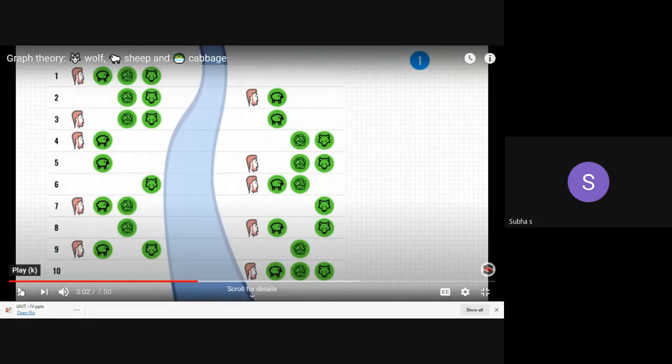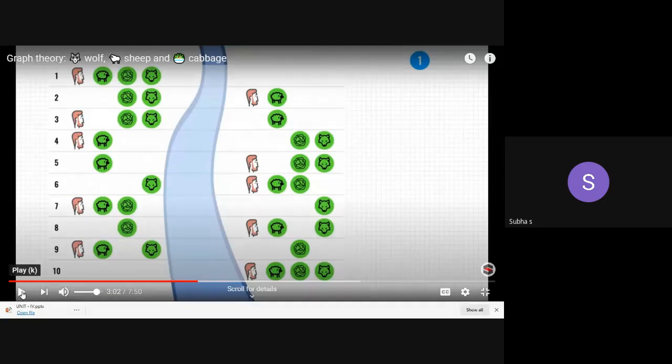So with this I have stopped. Yes, you are able to have different states. These are all the different states. First, all the 3 things are on the same side of the river, with that person. Initially, he is carrying the sheep to the other side, like that. All the different states are there. He has mentioned that though the graph is connected, this is not a connected graph because you are coming in the reverse direction also. You can watch it.